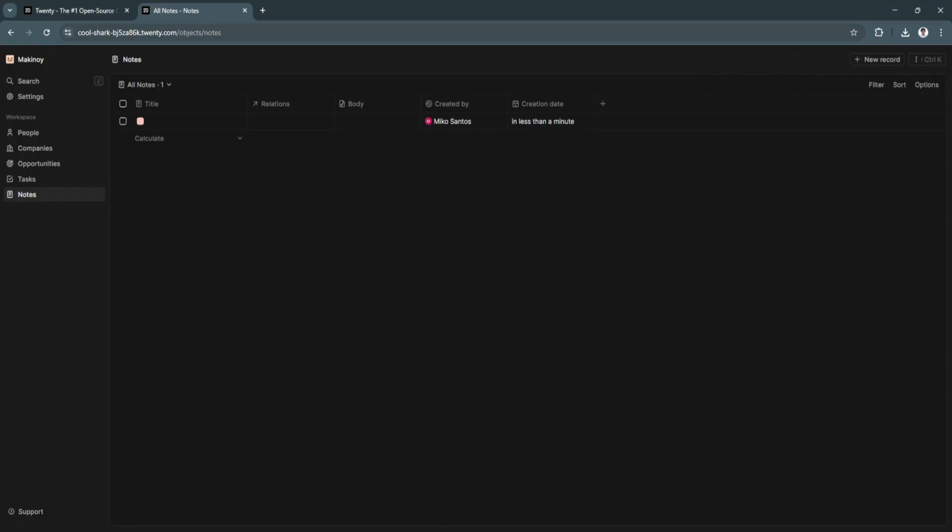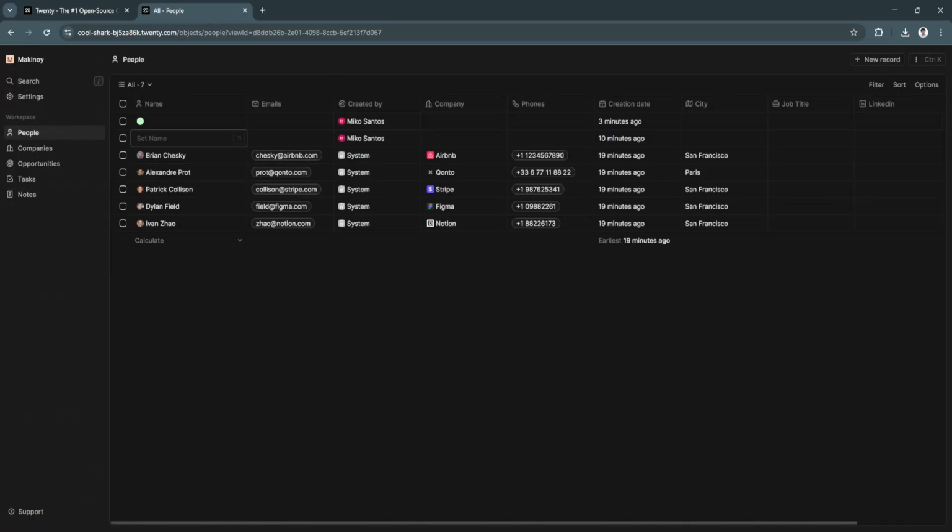So basically, 20 CRM is really a minimalist CRM. So if you don't want those other CRMs that have a bunch of different features that you don't understand, 20 CRM is really suited for you. As you can see, it's very basic, it's very minimal, and it's easy to understand. So simply feel free to explore more about how you can use its features and how to leverage your business needs. So that's basically it for this